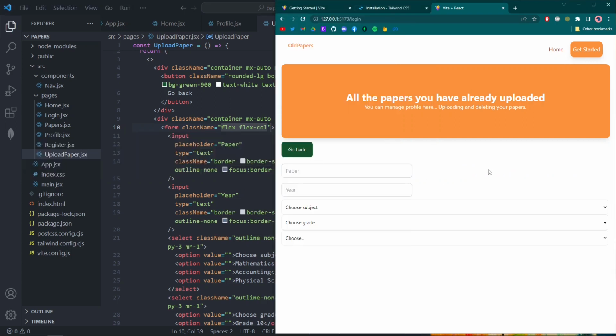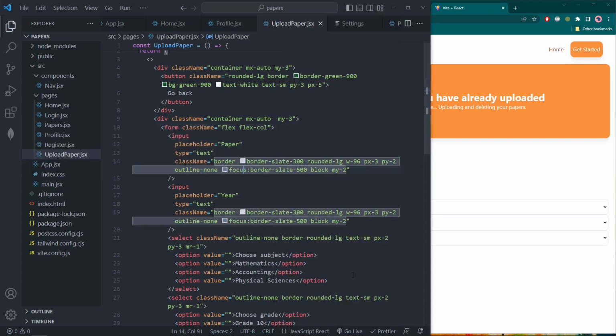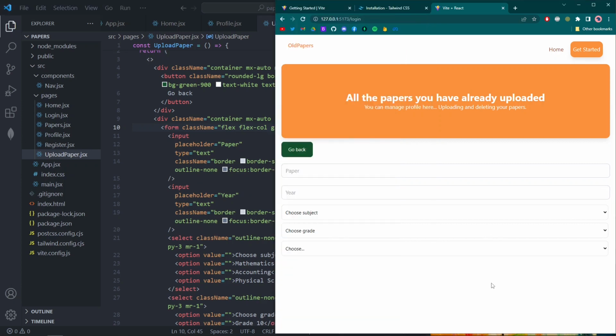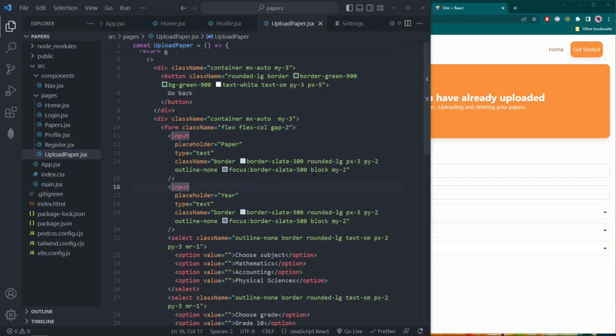call grade. And then what's the problem with the inputs? Obviously we no longer need the width here, grade. And then also here we can say the gap between these is supposed to be 2. There seems to be inconsistency here, so let me see something. So probably we no longer need the margin y applied on the input